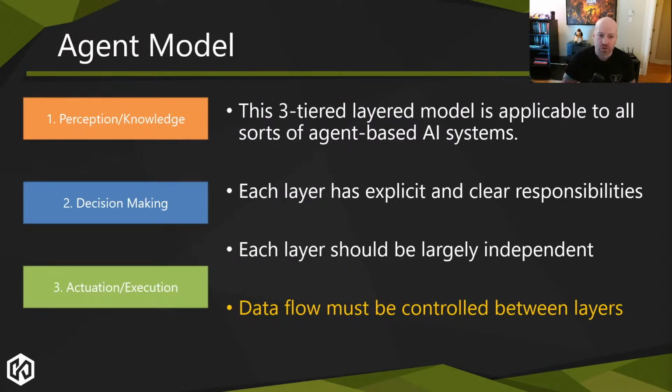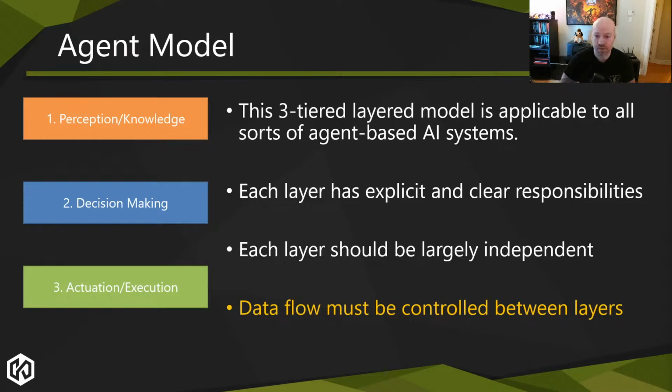This sort of three-tiered model applies to basically any game AI system because they all have similar needs. No matter if you're making The Sims or a racing game or a shooter, your agents need to have knowledge about the world. They need to make some sort of decisions, and then they need to act on that. The thing that's super important is that each layer has to be considered as a separate thing. And that's something that in most implementations that I've seen, these things get blended together to a point that it's not clear where one starts and the other ends.